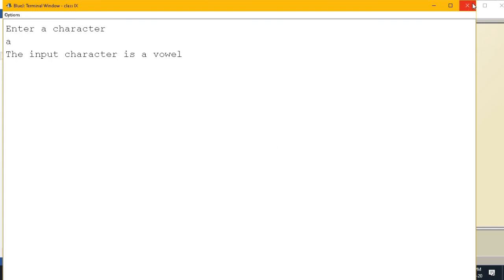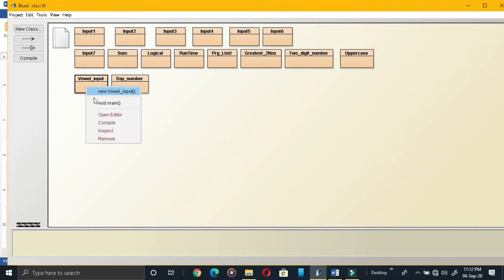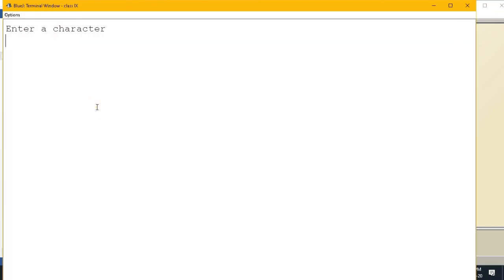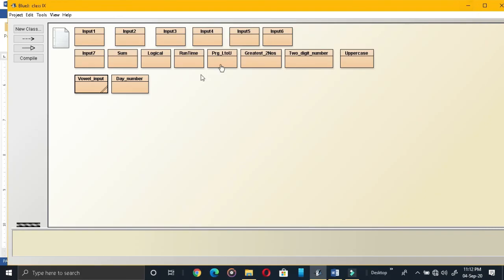Now we will run the program again. Enter a character. I am entering a capital letter A. Character is vowel. Okay. Now I am entering Y, capital letter. The input character is not a vowel. So this is what the program is.